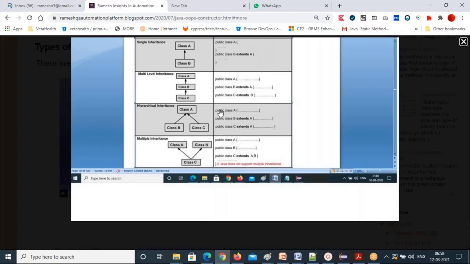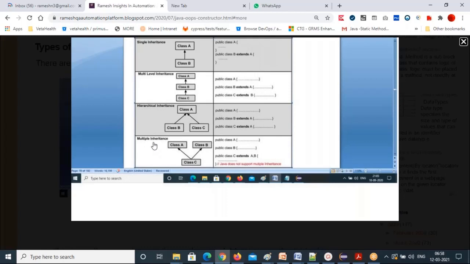Same here: class A, class B extends A, and class C extends A. The same parent can be extended by multiple child classes. This is called hierarchical inheritance.